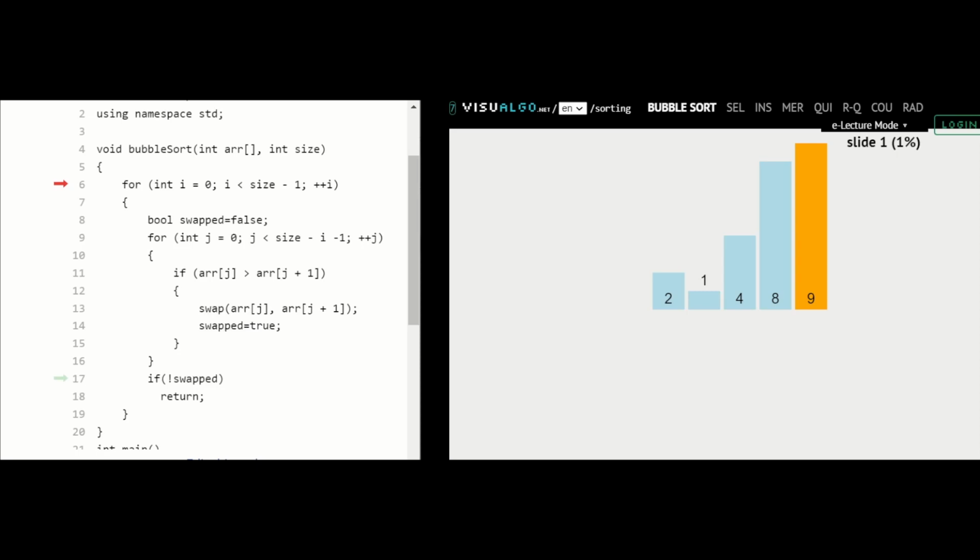The I now changes to 1 and the swapped variable changes its value to false. We again begin with the iteration of this J loop. Here we are going to compare 2 and 1. As 2 is greater than 1, we are swapping these values. Next, the value of the swapped variable changes to true from false, and we now compare 2 and